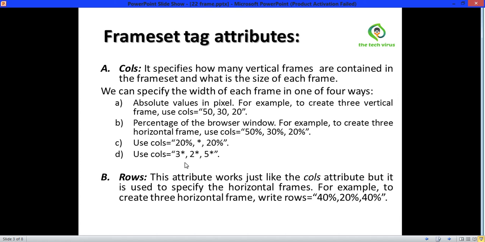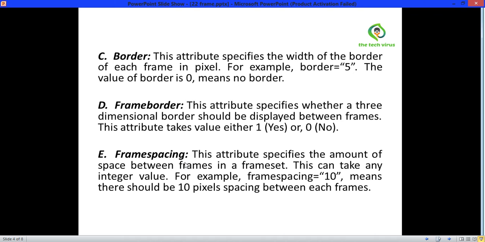Second attribute is rows. This attribute works just like the cols attribute, but it is used to specify horizontal frames. For example, to create 3 horizontal frames, write rows equals to 40%, 20% and 40%. Third one is border. This attribute specifies the width of the border of each frame in pixels. For example, border equals to 5. A border value of 0 means no border.